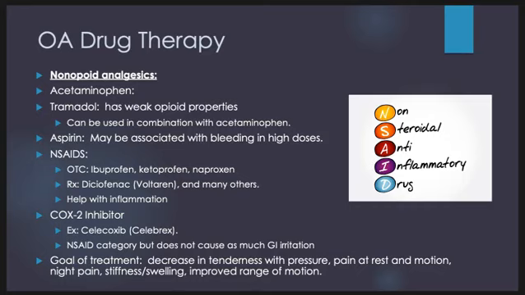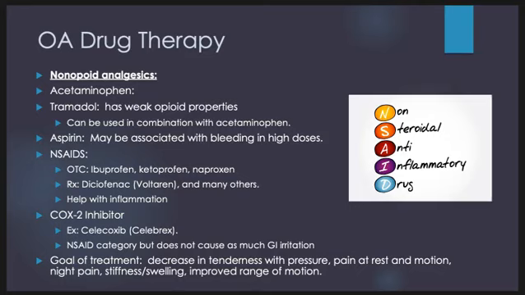It has weak opioid properties and it can be used in combination with acetaminophen. We also can use aspirin. Again, it may be associated with GI bleed if used in high doses, so we got to be careful with that and educate our patients. We also have steroids that patients can use, and they may be prescribed for shorter term use to relieve pain